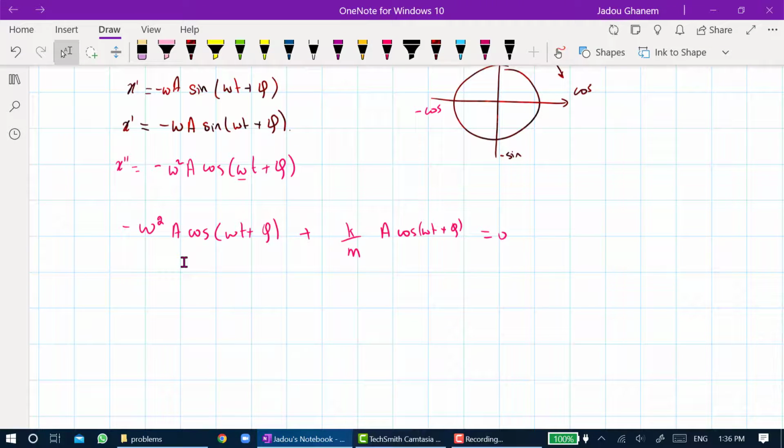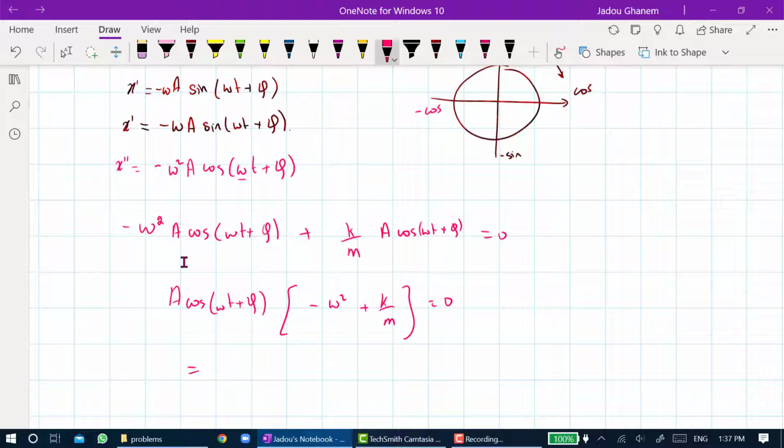We can take a cosine(omega t plus phi) as a common factor, and here it will remain minus omega squared, without a, plus k over m equals 0. This implies that, since the cosine term is not equal to 0, that's the result. We just write omega squared equals k over m,